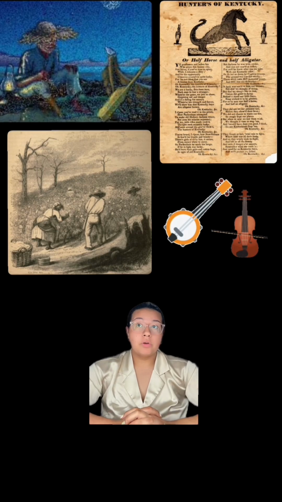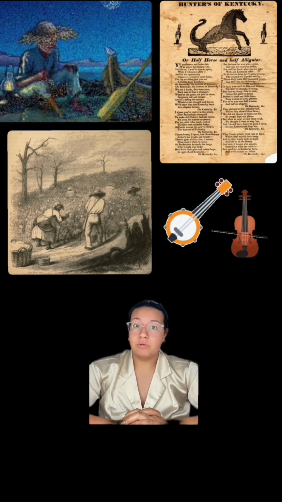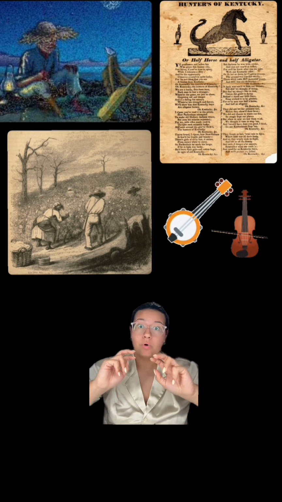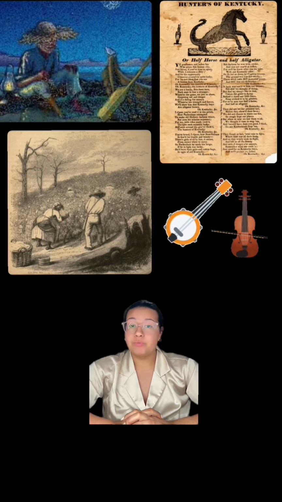These songs include genres like religious hymns as well as folk ballads using instruments like the fiddle and the banjo. Let's look into some examples. Songs like Follow the Drinking Gourd had lyrics encrypting a map to freedom, guiding the enslaved north using the Big Dipper or the drinking gourd. Folk ballads like Hunters of Kentucky celebrated Jackson's military victories. The song was also sung at political events and rallies during his time and his re-election campaign.